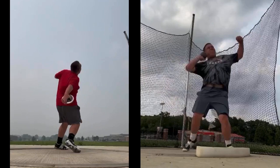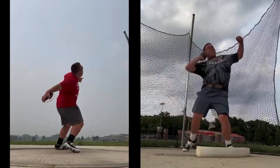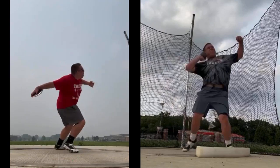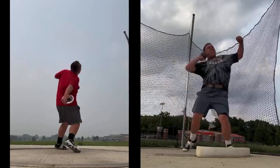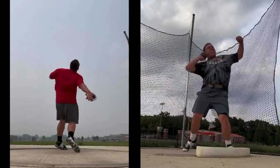But in this case, I'd really like you to work on, I'm not going to say keep the foot grounded, but turn the foot before it gets off the ground. Think about that. Turn the foot and fully extend this knee before this foot leaves the ground. That is going to hook you up very nicely. And you see here, right when you release the disc, your hips, they're not too bad. They're pointing somewhere up there. But you could really get them pointing there long before that. You'd want to use this foot,